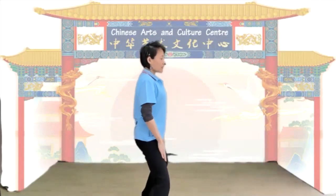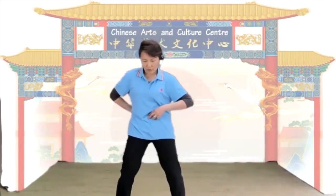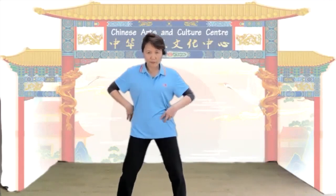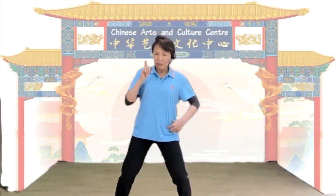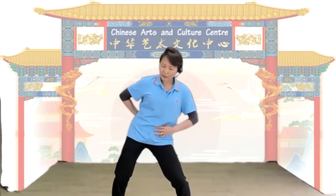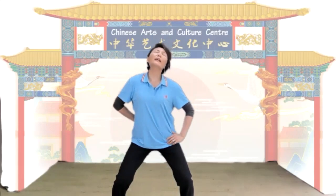Okay, this is the 4 point. 1, 2, 3, 4. The hip movements. While we are doing this hip movement, the neck joins in. Okay, so once we've done this, neck is an extension of this hip roll,